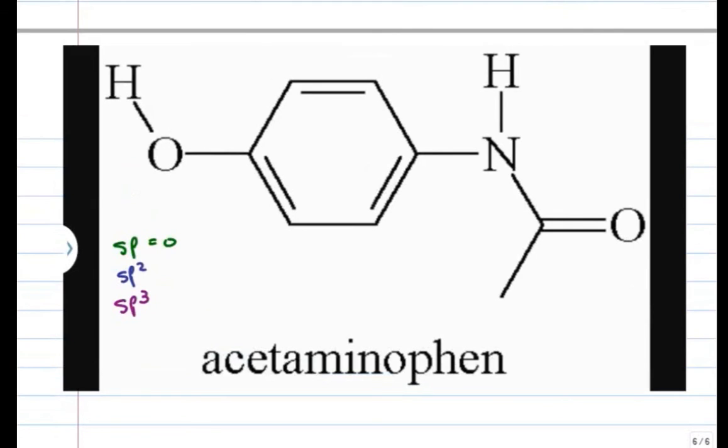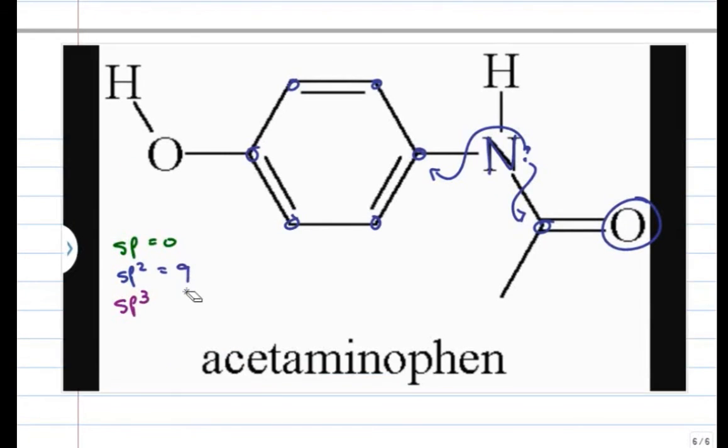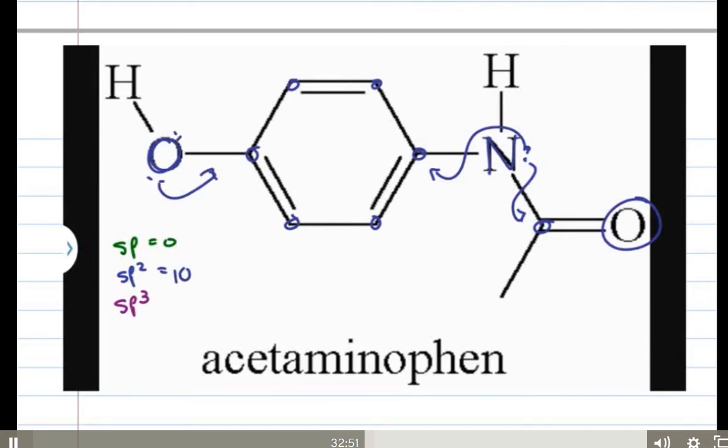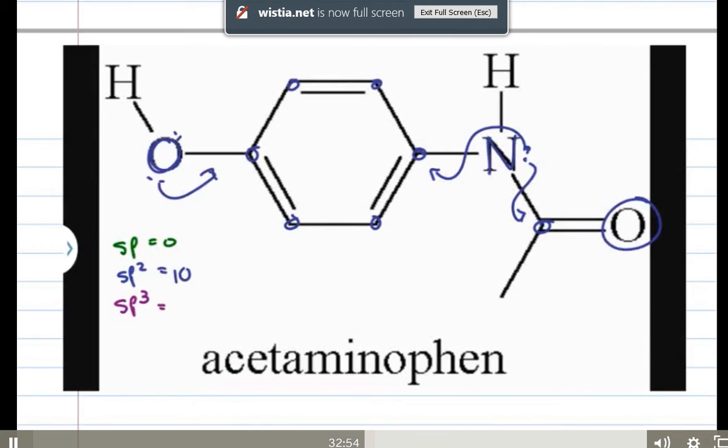We have 0. sp2, we're looking for pi bonds. 1, 2, 3, 4, 5, 6, 7, 8. And here's the trick. Nitrogen near an sp2 carbon is going to hybridize so that it can resonate. So that means I totally lost count. 6, 7, 8, 9. Oh, whoops, that's not 9, it's 10 because we have an oxygen here that is also capable of resonating. Anything that's left, if it's not a hydrogen, is going to be